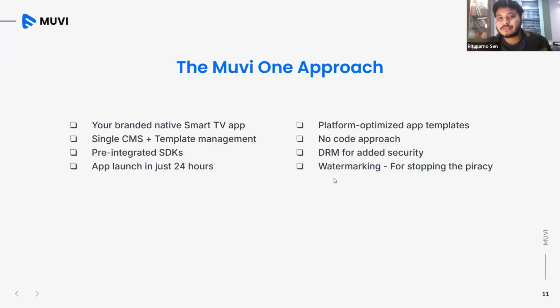So one major feature that can restrict this is watermarking. In a centralized CMS, we give our customers a holistic approach to dynamic watermarking across their web apps or TV apps. This is the Muvi One approach basically.